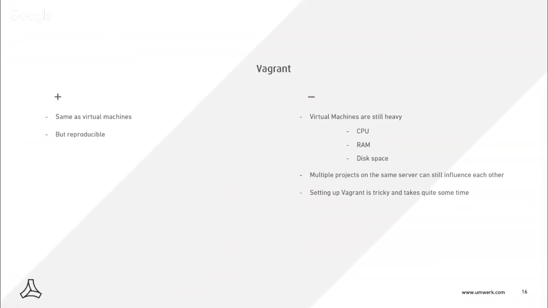Problem is, yeah, it's still a virtual machine. It's still heavy. You still have multiple projects on one server. Think about my example with the BTN apps. When I have 7 applications there, and then I say, I want to upgrade PHP to version 7, and the other ones should stay at PHP 5.6, then I'm in trouble, kind of, because